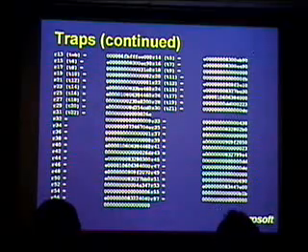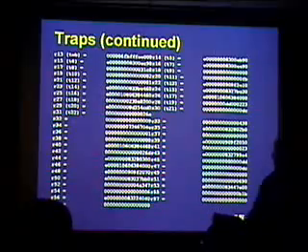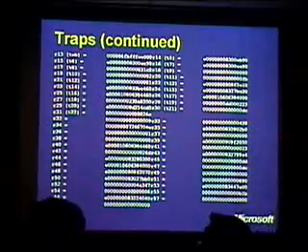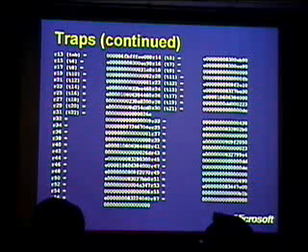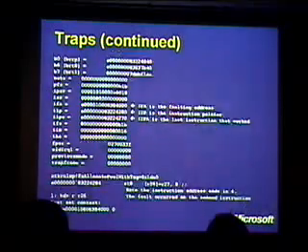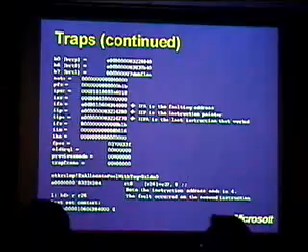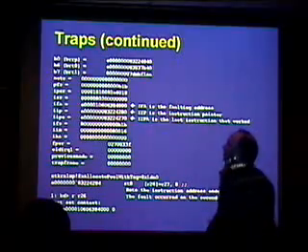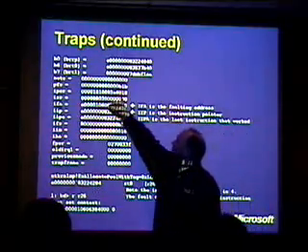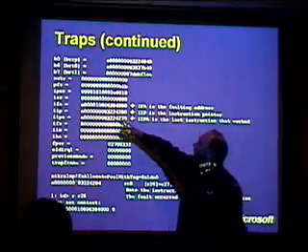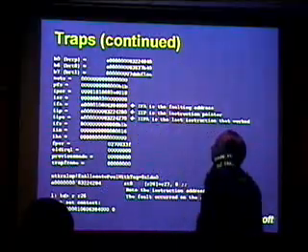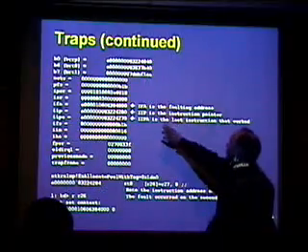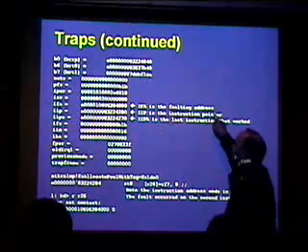On the following page, we have even more state. As you can see, this is a function that uses a lot of registers. It has up to 58 registers that it's using. Down near the bottom are some of the interesting bits. This is actually the trap information. So we have the PSR at the time of the trap, the faulting address, which is actually the value we faulted on, the instruction pointer that faulted